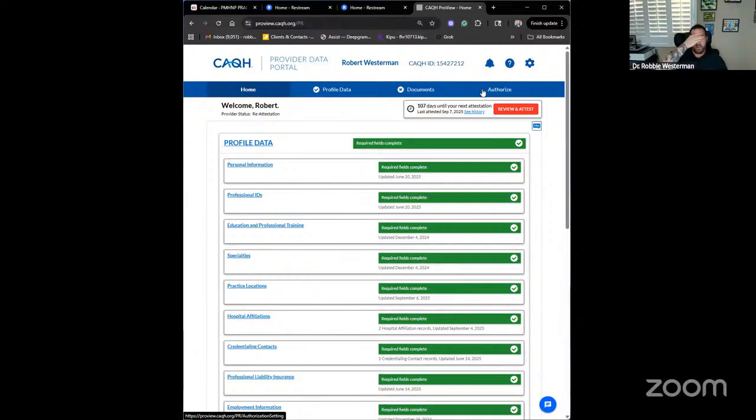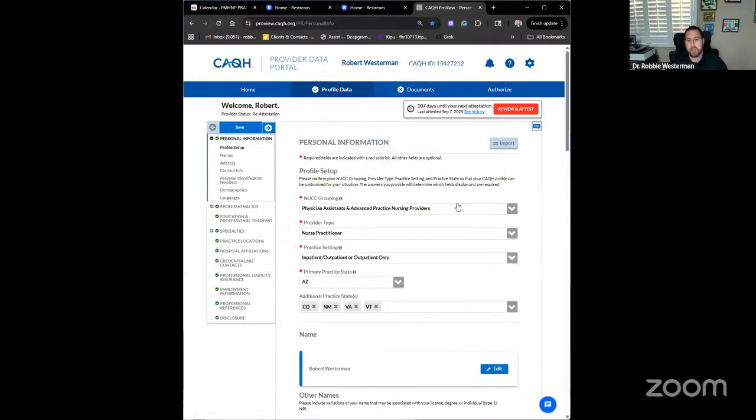So more often than not, when you apply for a job or you get hired for a job, they're going to ask you for a couple of things. Of course, they're going to ask you for your license. They're going to ask you for malpractice insurance. They're going to ask you for a CAQH number. That's basically what places ask for. So when you create an account and you get logged in, you're going to get something called a CAQH ID. This is going to be very important because you're going to give it to your employers, and they can use their own credentialing database, plug in that CAQH ID, and it'll pull everything into a document for them to send out to insurances. So that's why it's important.